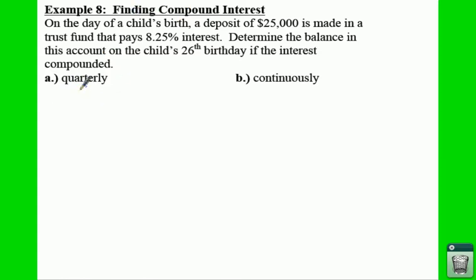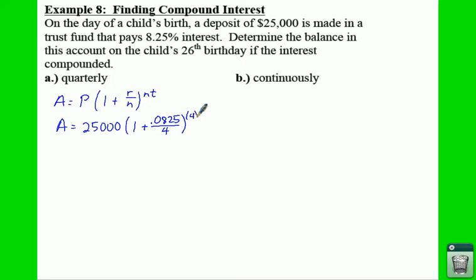So if this is compounded quarterly, that means we're going to use A equals P times 1 plus r over n, to the power of nt. And we're going to say A equals, well, they put $25,000 in. Wish somebody would do that for me. 1 plus, now your rate is 8.25%, so that means 0.0825 all over n. Now if it's compounded quarterly, there are 4 quarters in a year. There's also 4 quarters in a dollar, if you didn't know that. Then we get 4 times